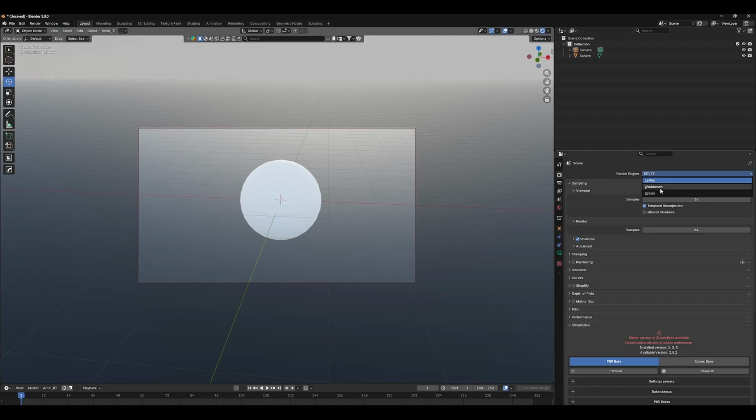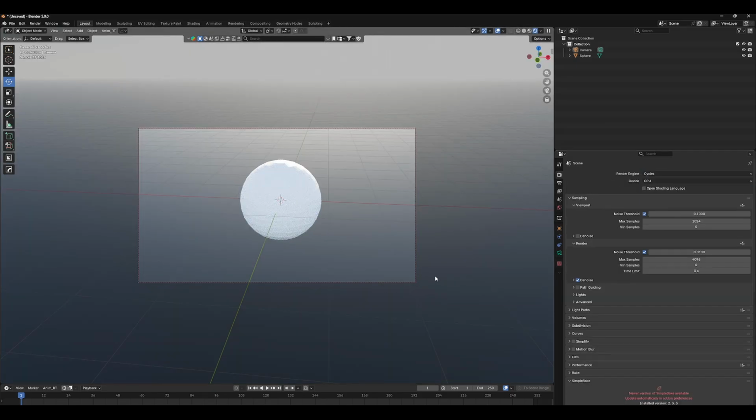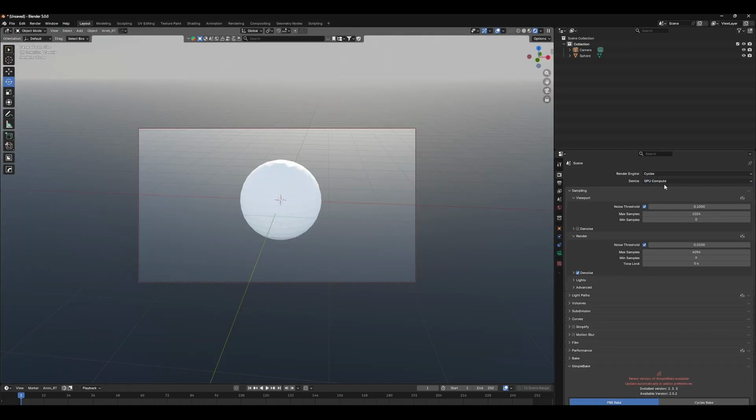The workbench is not that useful, not for beginner kids, but you just have to use Cycles or Eevee. So now you can see something like this, and you have to make this thing GPU. And if you're not getting the GPU option there, make sure that you have a graphics card first of all. And if you have a graphics card and still you're not getting that option, just go to the Edit section,